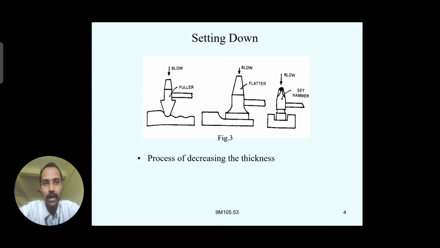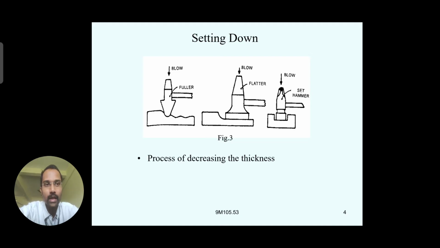somewhat the thickness of that particular part will get reduced. Similarly, we can make the surface flat with the help of flatters. The flatter can be placed on the workpiece. If it is a larger workpiece, generally we prefer the flatter, and with the help of the flatter along with the hammer, giving blows on top of the flatter, the red hot workpiece placed on the anvil portion will get flattened on its top surface.